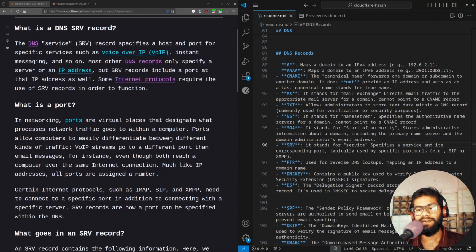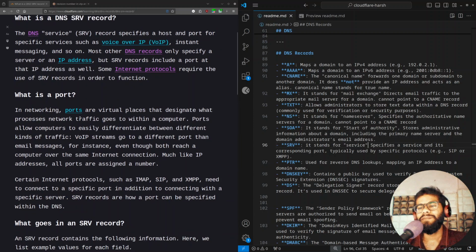And what is a port? In networking, ports are virtual places that are designated where network traffic goes within a computer. Ports allow a computer to easily differentiate between the different kinds of traffic. For example, VoIP streams go to a different port than email messages, even though both reach a computer over the same internet connection. Much like IP addresses, all ports are assigned a number. Certain internet protocols such as IMAP, SIP, XMPP